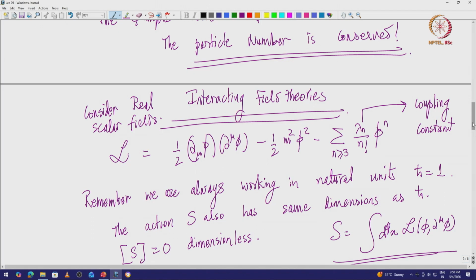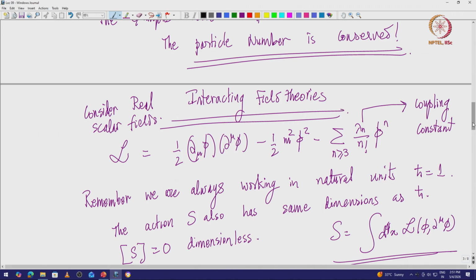We were looking at how to write the interaction theories in the last class. We introduced how to introduce interactions. We were looking at free scalar field theory interactions. The most general form of the interactions we looked at were phi to the power n interactions. These are the most general interactions you can write down, and then I went on to the process